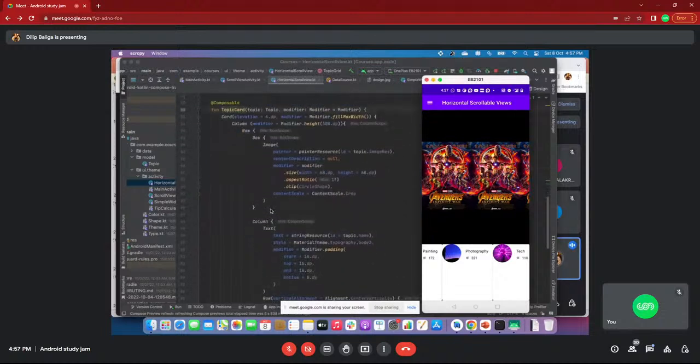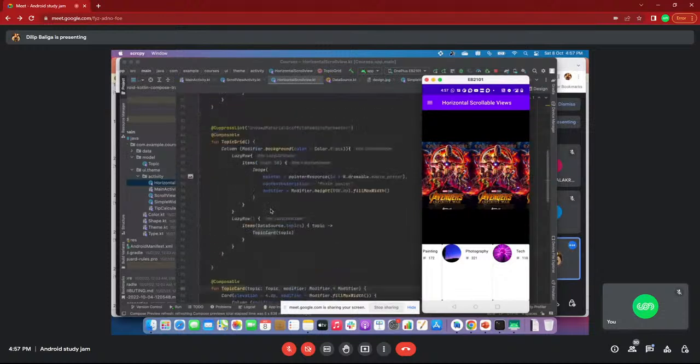I already mentioned how I create each card: just create rows and columns and add the image view and text view as they are. That's it. This is a simple example of how we create vertical scrolling as well as horizontal scrolling.